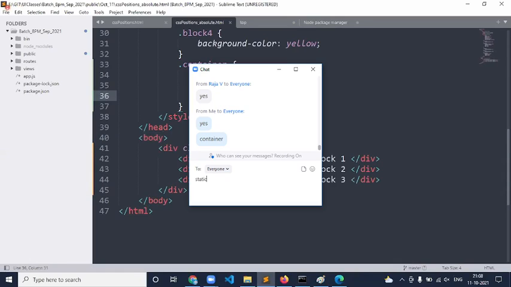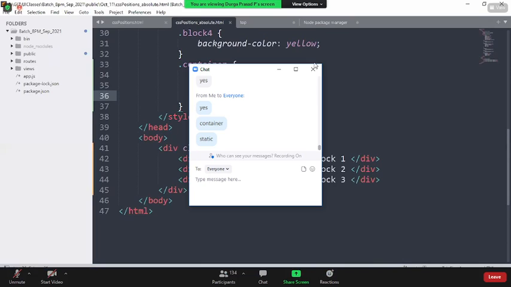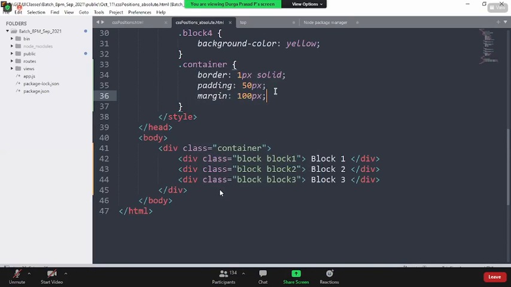So what will the position absolute element do? It will check my immediate parent. Is my immediate parent static? Yes, I don't depend on you. I will go to my grandparent. Is your position static? Yes, I will go to the next grandparent.